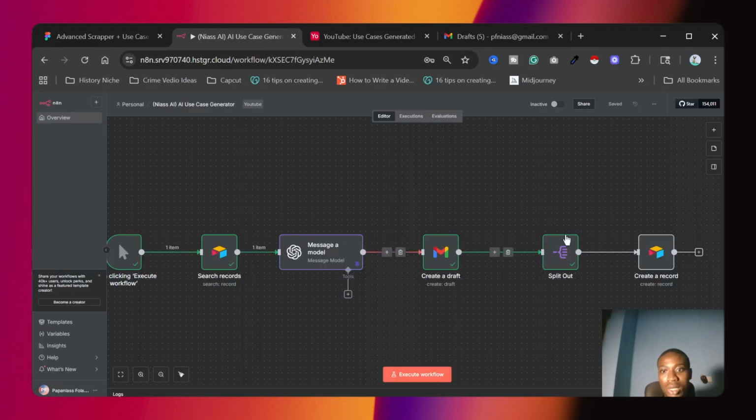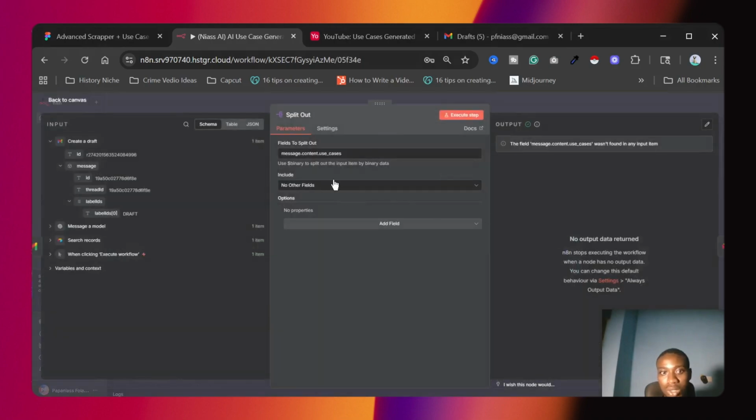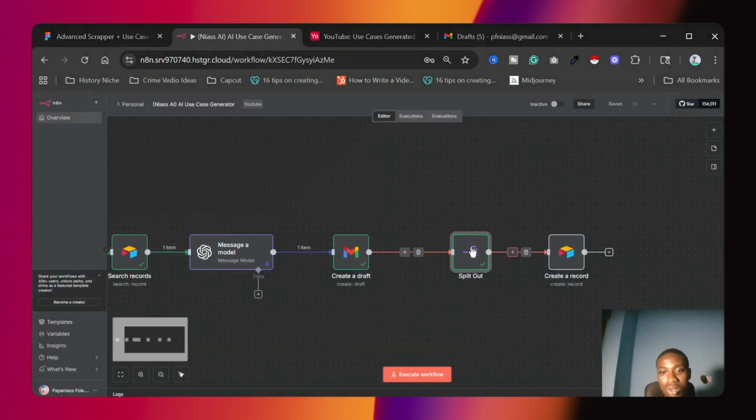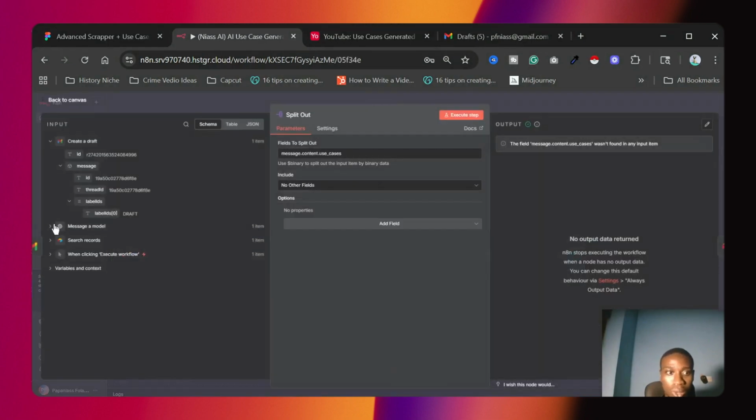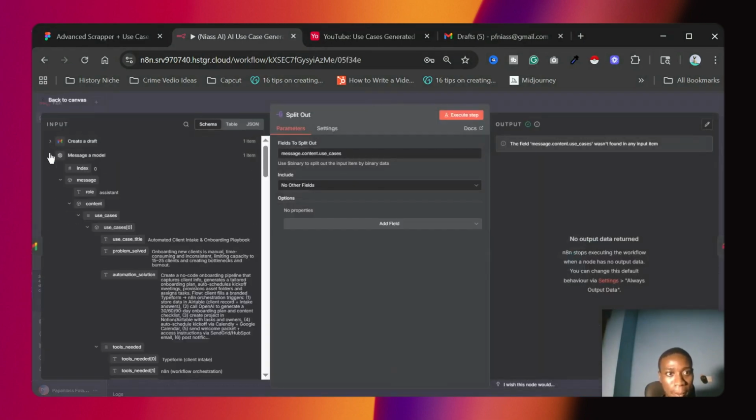So now let's go back here, and it's creating drafts. Okay, I need to restructure this. Execute step. It's not found, the menu wasn't found.